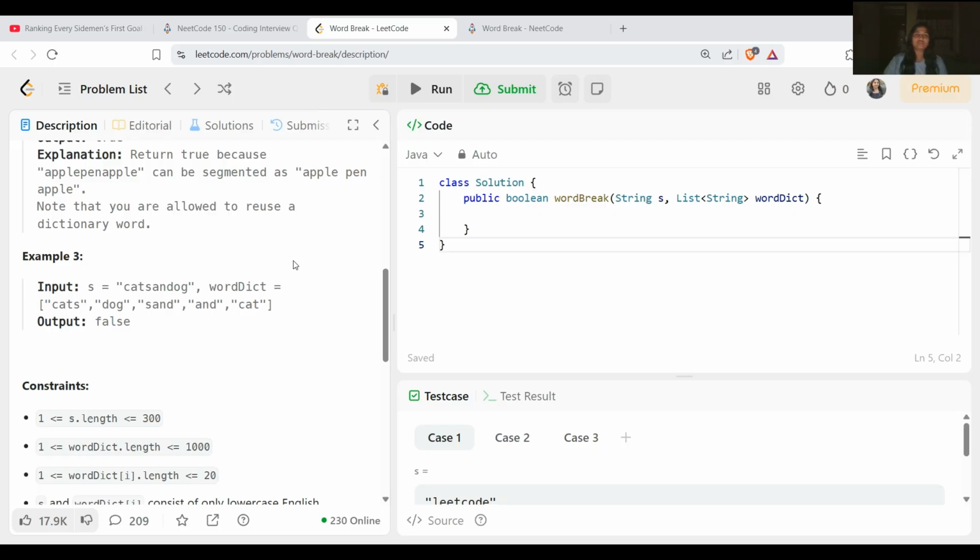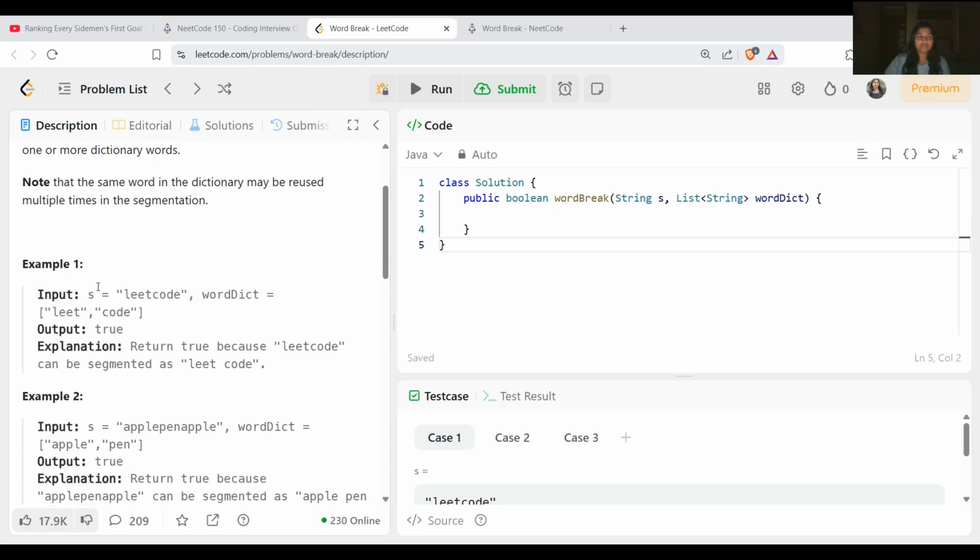Okay, so we will solve this problem using DP only. First we will keep all the values present in the dictionary inside a hash set. Okay, let's get started in Java.